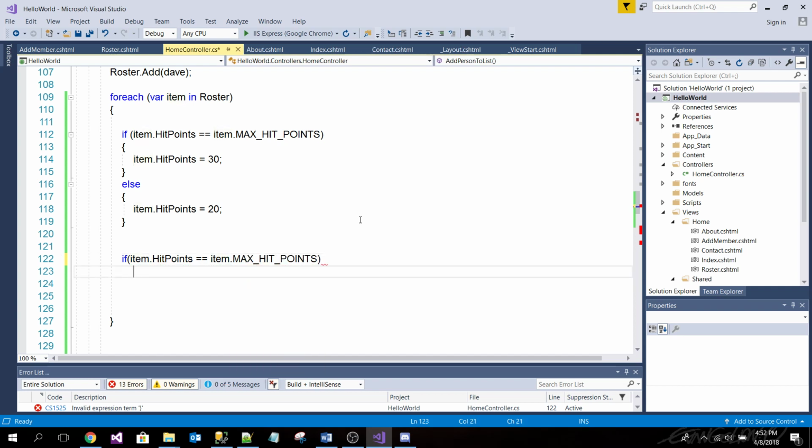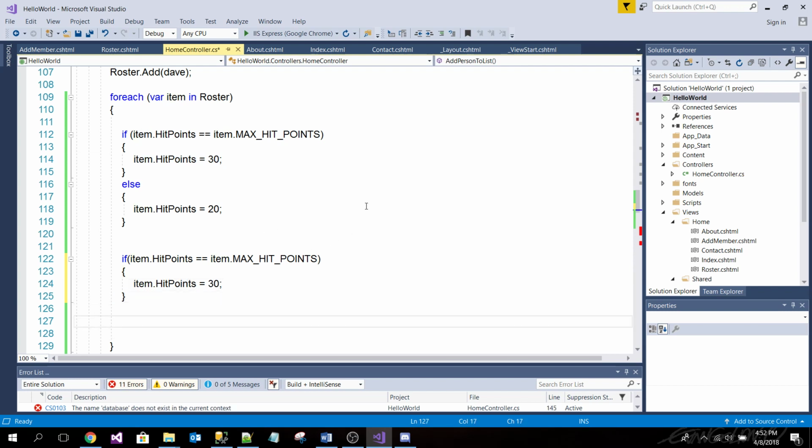Okay. Max hit points. Then let's do the same thing: equals 20. Well, equals 30. Item.